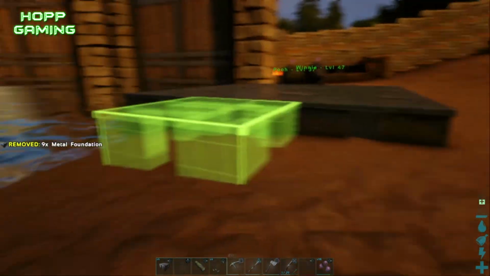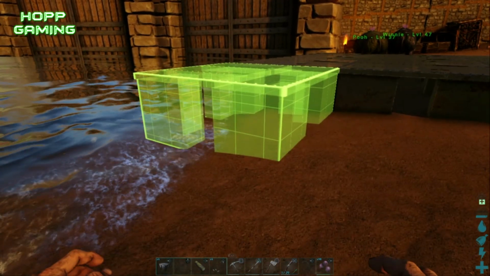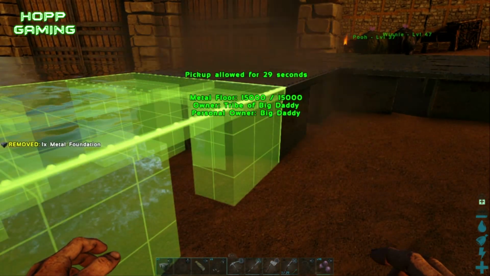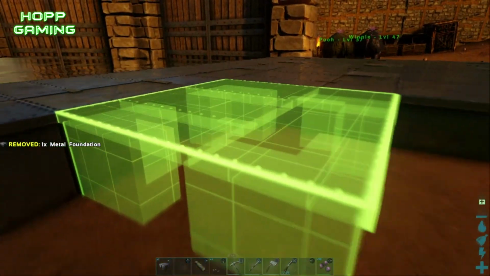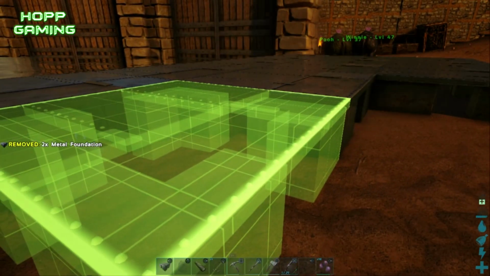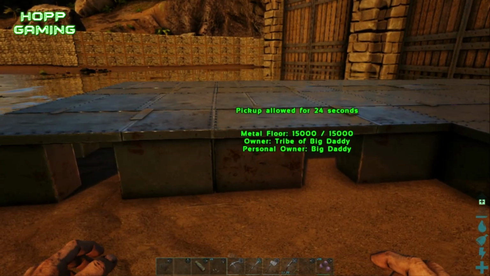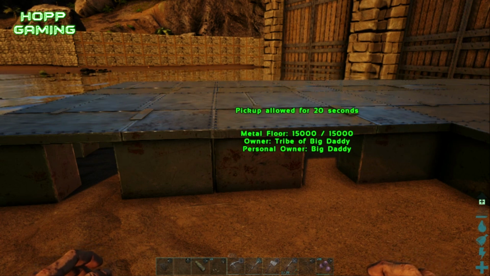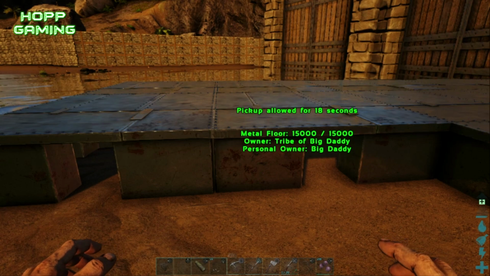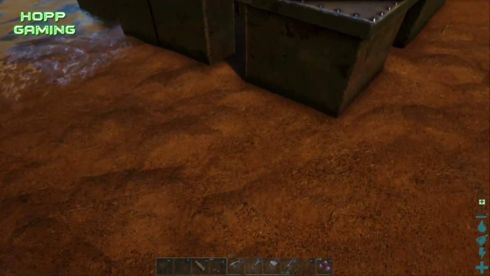So there is that. That is going to be the basic greenhouse. Next to the greenhouse is going to be our actual cooking facility. Those spaces right there is where I am going to put the cooking pot, the industrial cooker. And then odds are, whenever I do finally get it, I am going to put the beehive right here